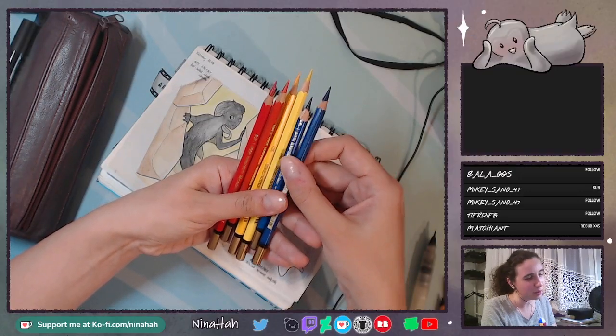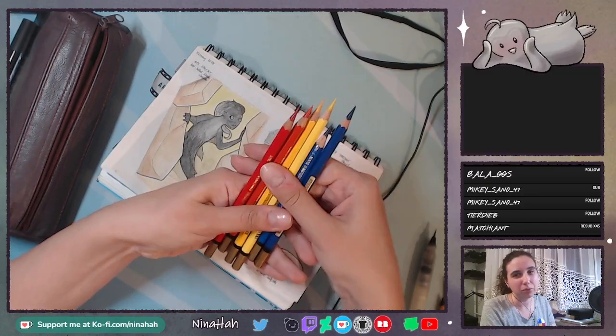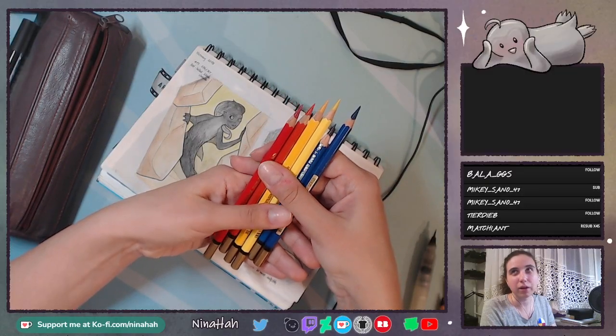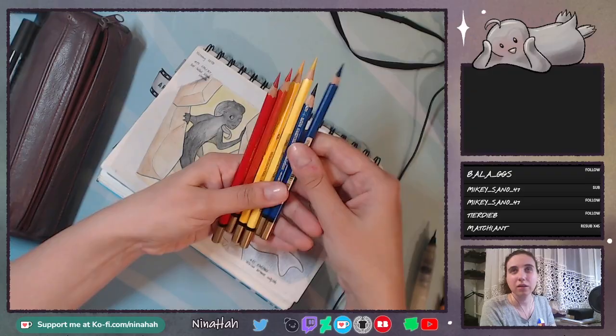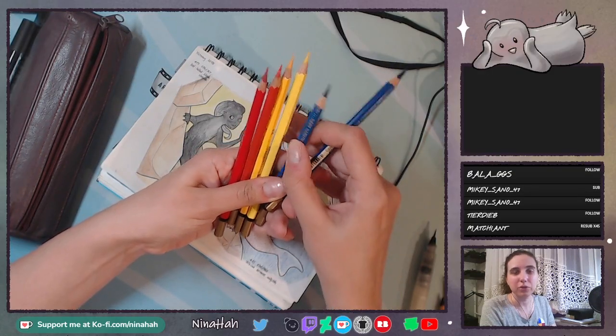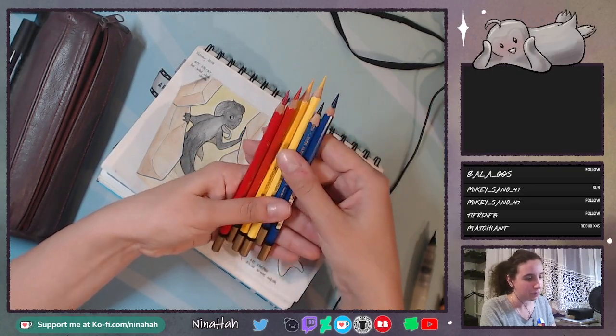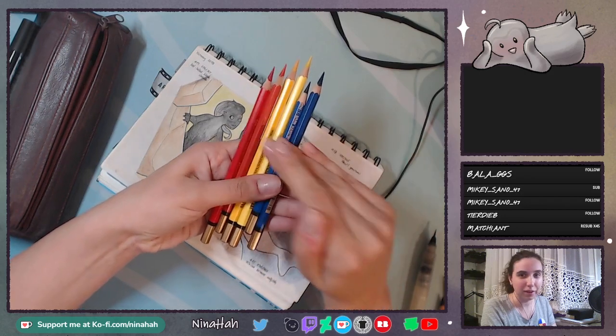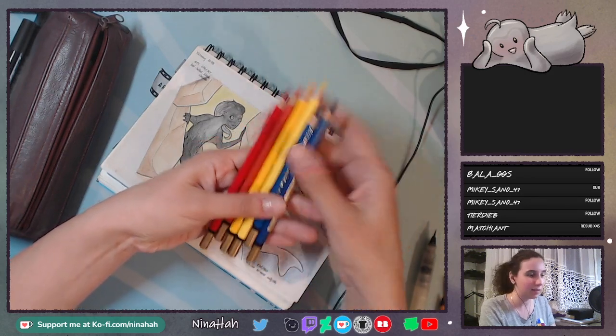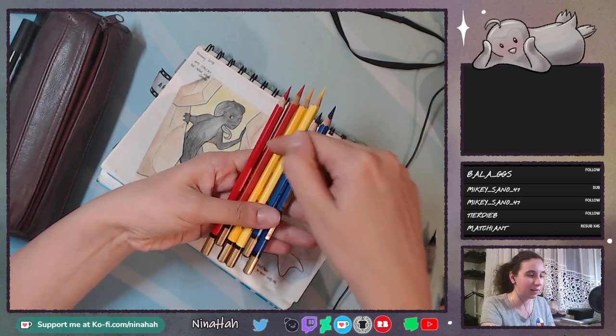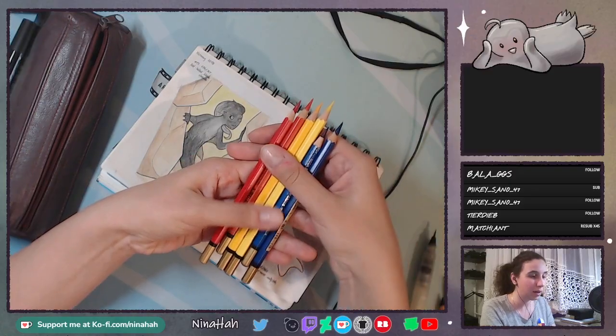No, wait, it will be cool blue and warm blue. Although I would say that this blue is warmer, but if you put it in this set and mix it in this way, you will have